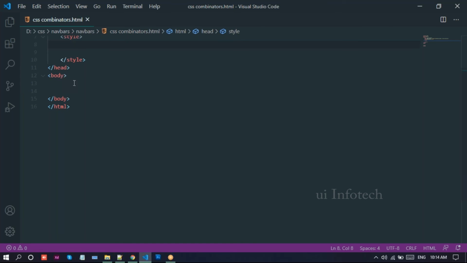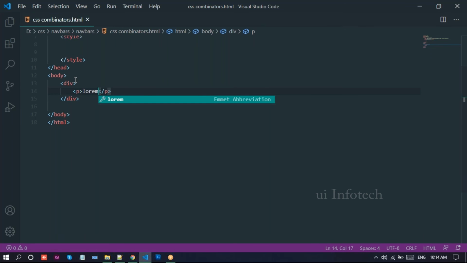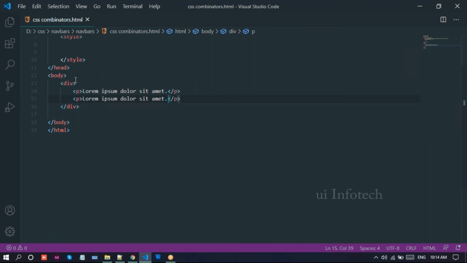So here, I'll take first the div, and I'll take the paragraph. I'll provide some text. I'll provide some text, and I make a copy there. Now here, I'll place this div there.